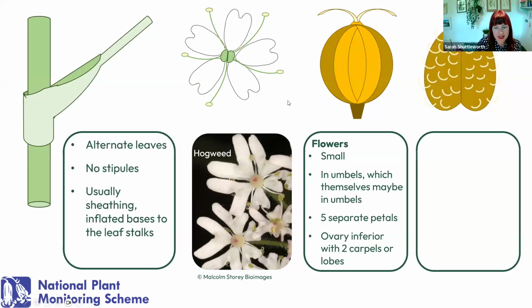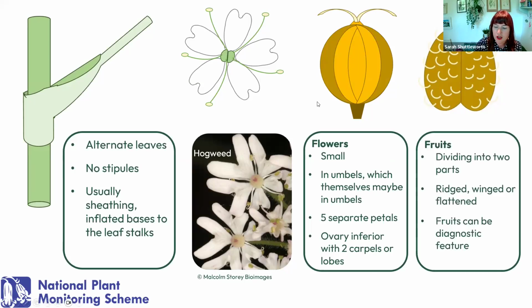The ovary is inferior with 2 carpels. We'll go into a little bit more about how we work out whether we've got an inferior or a superior ovary when we get onto the rose family, because it's sometimes quite important. But the fact that we've got these 2 carpels, which then form these 2 lobes and 2-sided seeds, basically means the fruits divide into 2 parts, and how the fruits are can be so